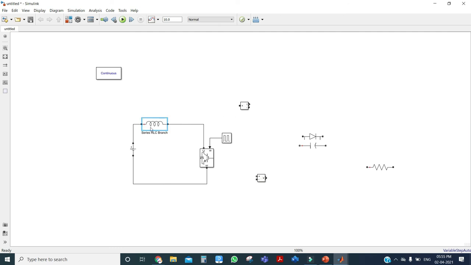Actually what we need to measure here is the current, the inductor current. So we have to connect this meter in series with the inductor and connect like this.